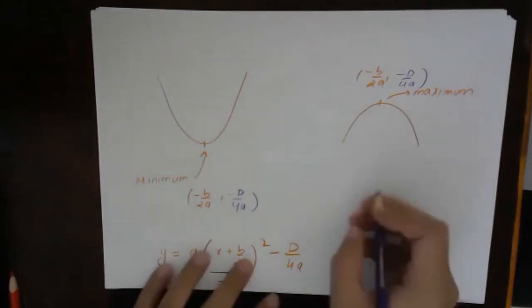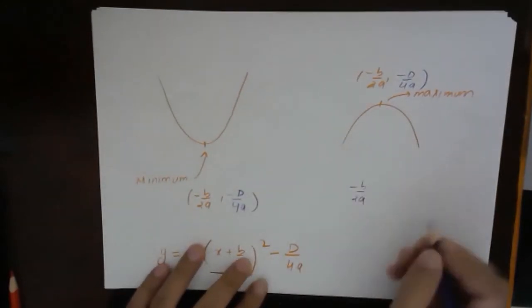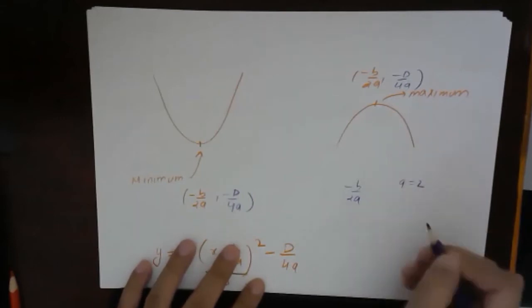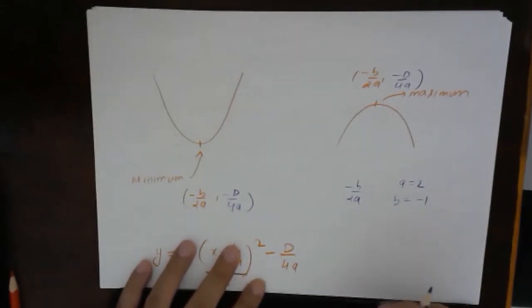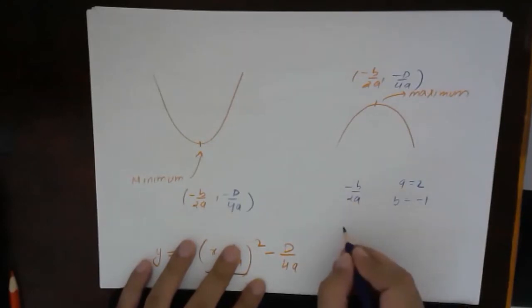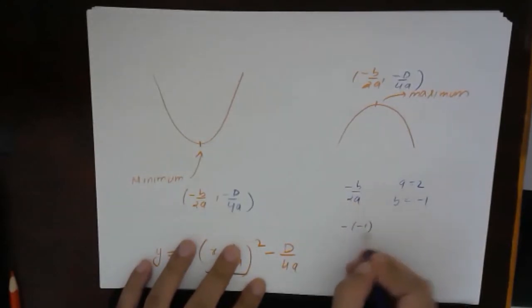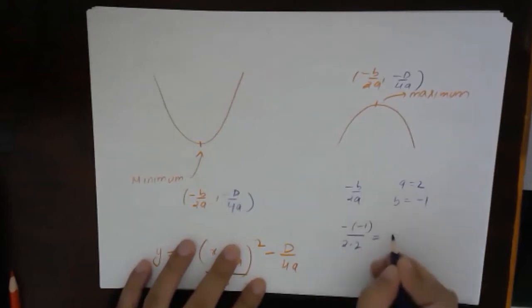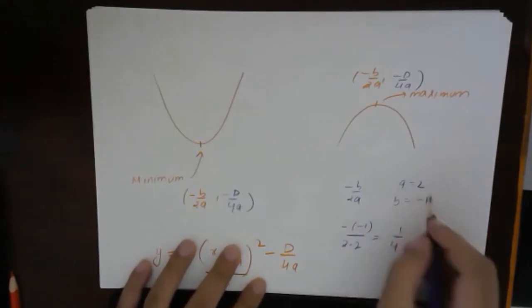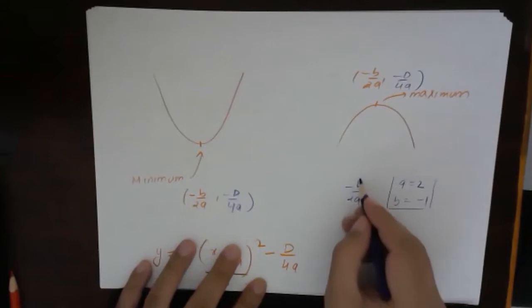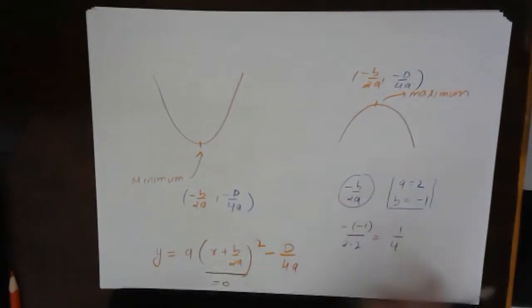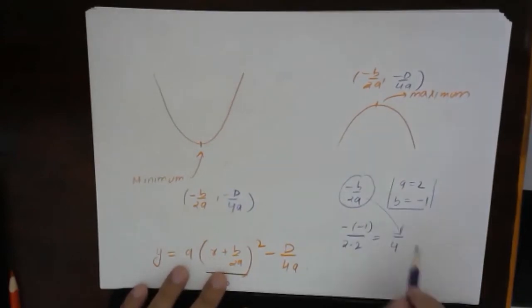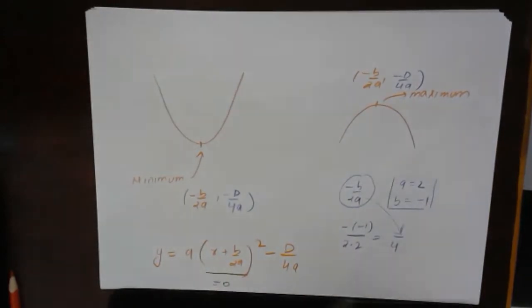Now suppose you have minus b by 2a. Let's take a equal to 2 and b equal to minus 1. So what will this become? Minus of minus 1 by 2 into 2. So this becomes 1 by 4. So basically the signs of a and b decide the total sign. Here, even though there was a negative on b by 2a, the overall sign is positive and we are getting 1 by 4.